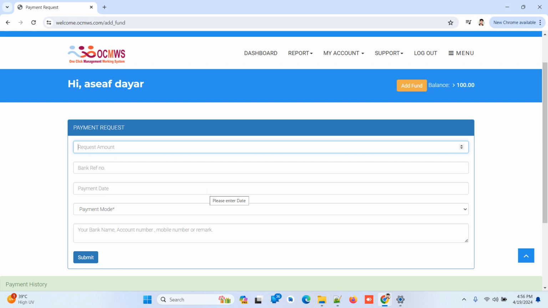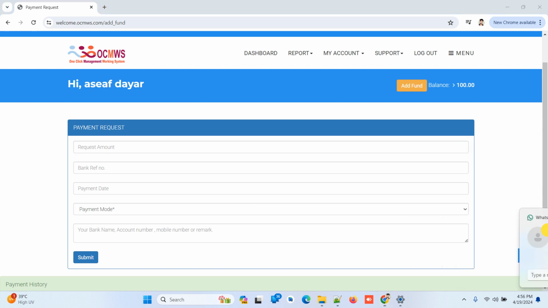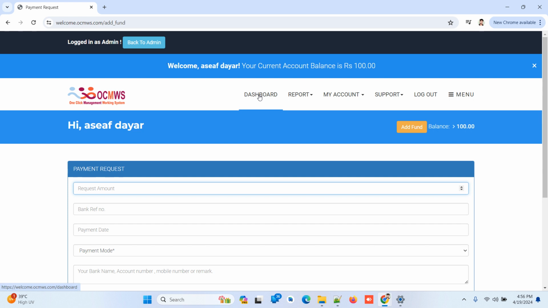This one is automatically verified, and UPI QR is also automatically verified. No need to put any API here. You just add your UPI ID, and boom, you are online. So this is a multiple-service recharge system.